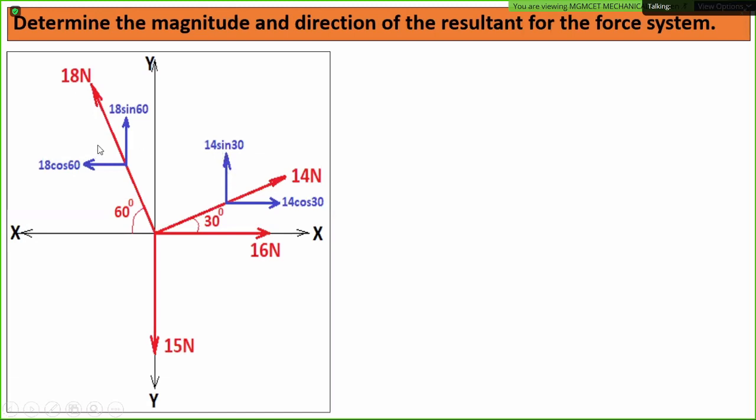Similarly, for the 18 Newton force, resolve it into its two components. Ask the question, is the force acting towards right or left? Definitely it is acting towards the left. The 18 Newton force is acting towards the left. So its x component will also act towards the left-hand side, and the x component will be 18 cos 60. The 18 Newton force is definitely acting in the upward direction, so its y component will be 18 sin 60. And as it is acting in the upward direction, it will be positive here. The next one is, what to do about the 16 Newton and